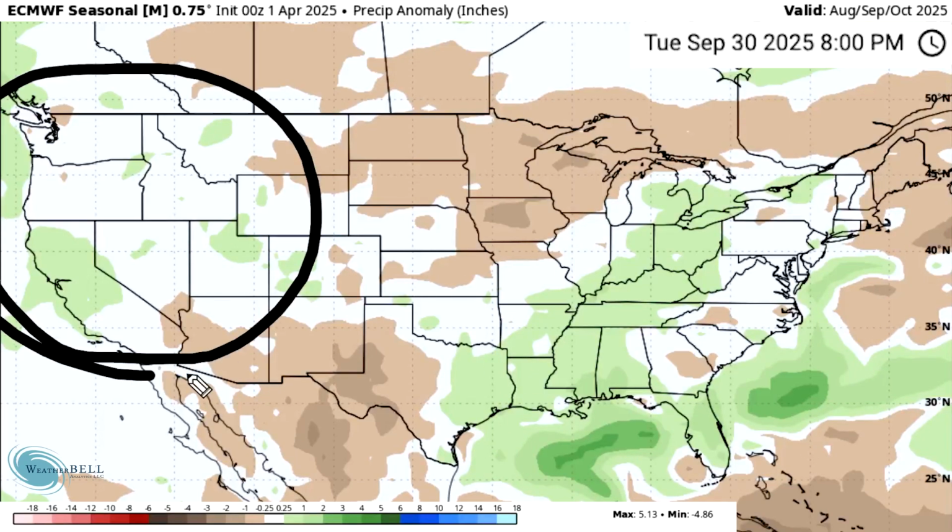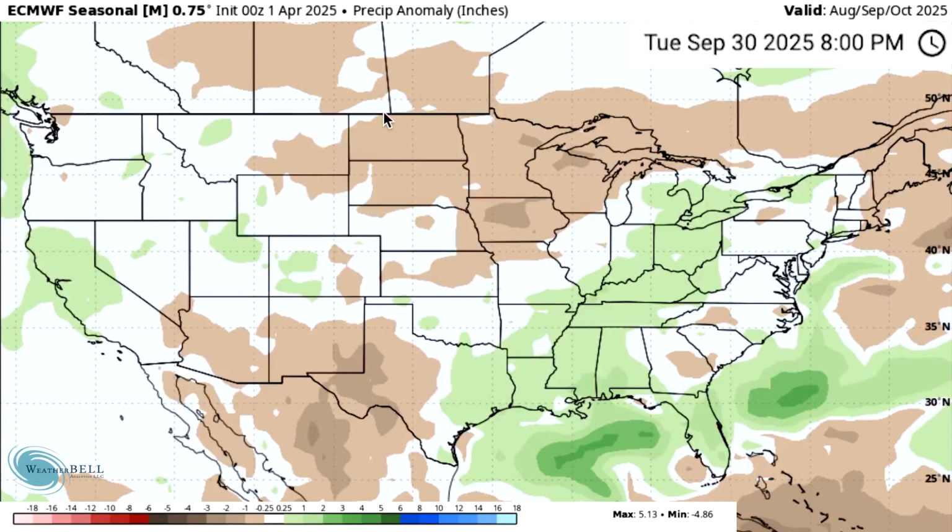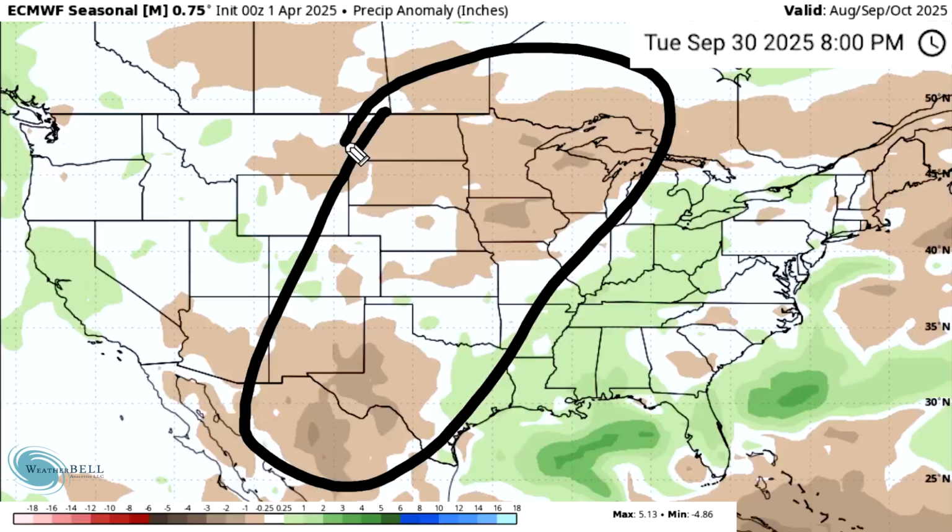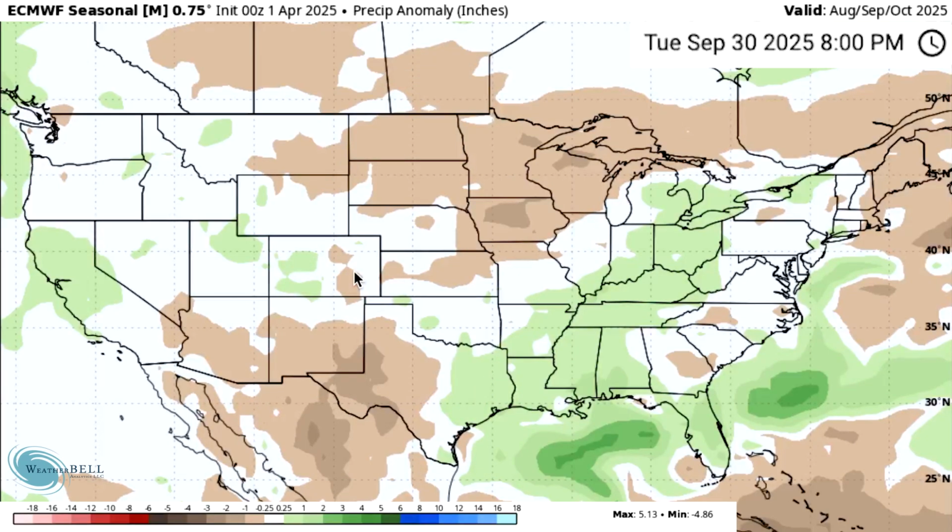Also, the west is getting quite a bit more active here. We see some for California getting above average, and then nearby the Rockies also above average as far as precipitation. But for the plains, we do see below average, even the Midwest there. So a little drier as we move into the fall is what this European model is calling for, at least.